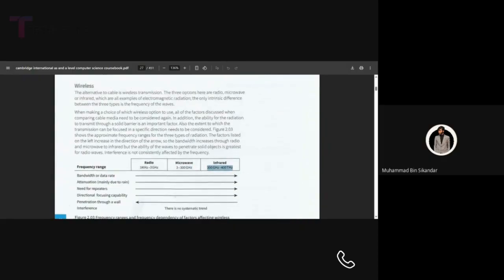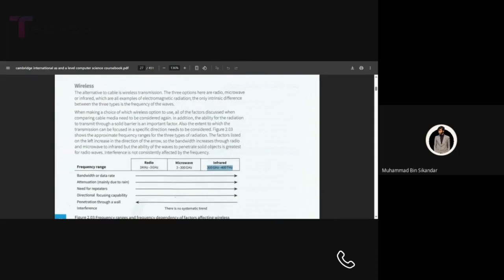In wireless transmission, we don't have any wire. We transfer the information through the air because the wavelength of these waves is too small, so they can penetrate through the walls, they can penetrate through most of the stuff on earth. Like if I have a wireless Wi-Fi,